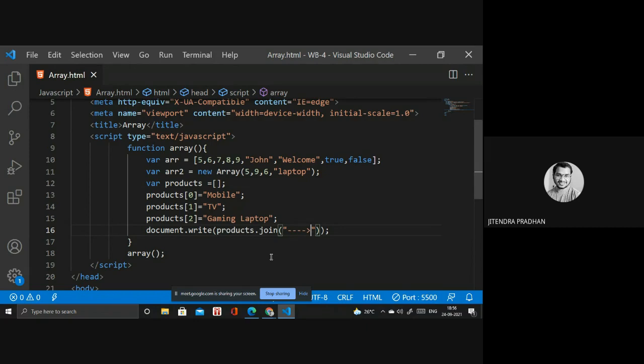Okay. Next, we have the map function. Basically, the map function is used in JavaScript and React.js as well. It is an important term, and you need to understand these things. So how can we do that with the map function? By using the map function, we can print values line by line. Let's see.